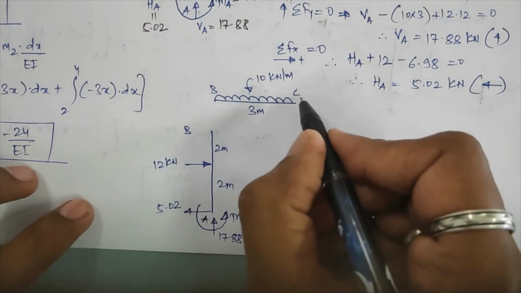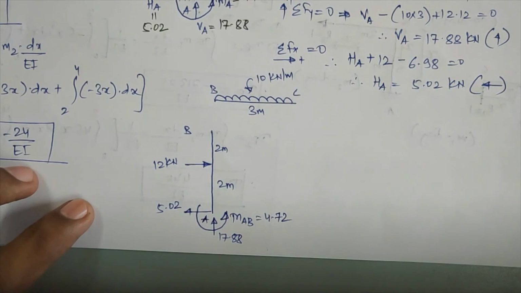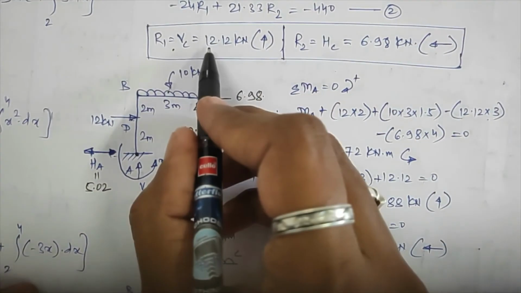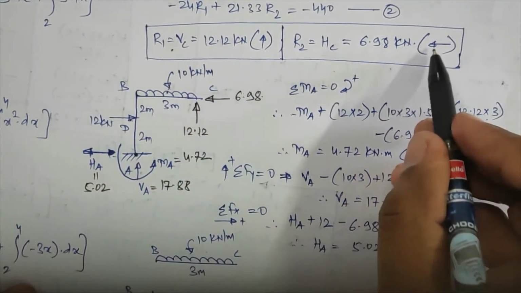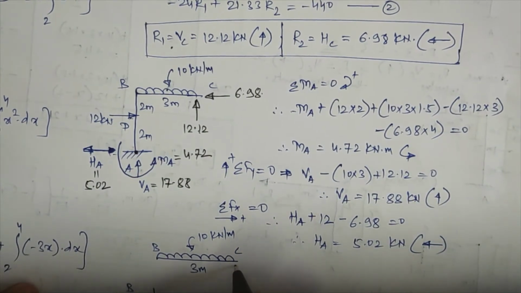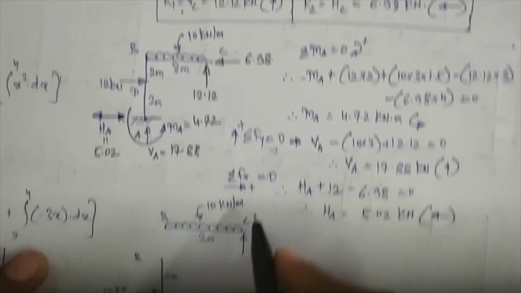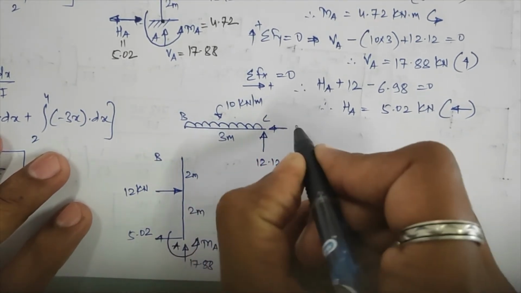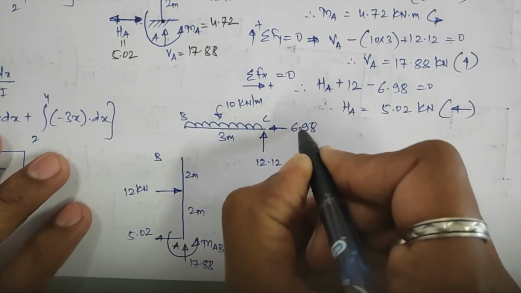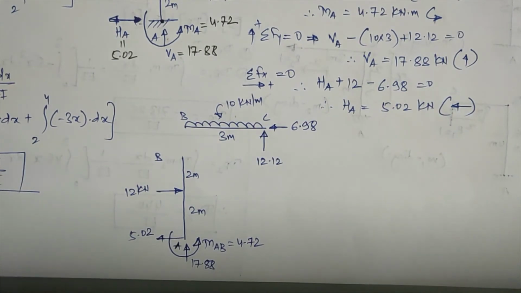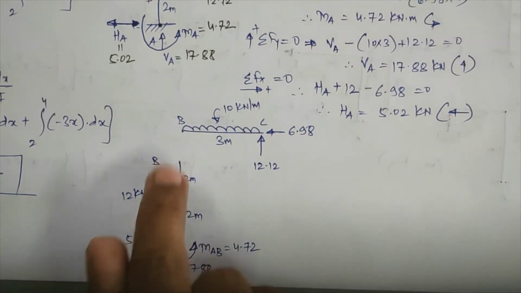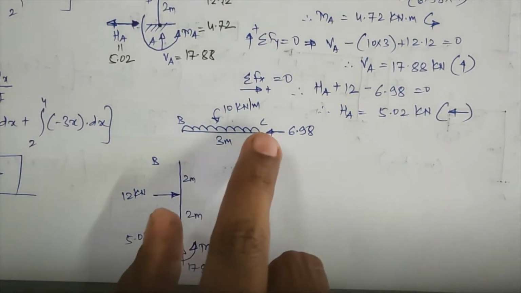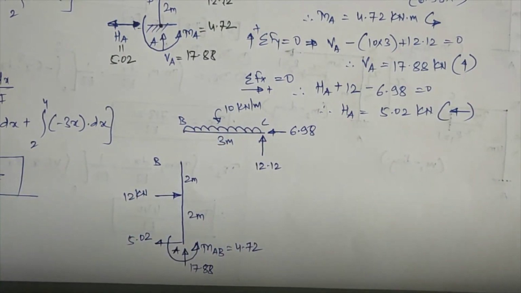Okay, next for BC, at C point I have got the reactions over there. Those are your 12.12 upward and 6.98 towards the left direction. So these two I will mark here, that is 12.12 and this is your 6.98 over there. Now using this, what I have to do is I have to calculate the moment of MBA and moment of MBC. Moment of MCB will be obviously equal to 0 because that is your hinged support, if you see.